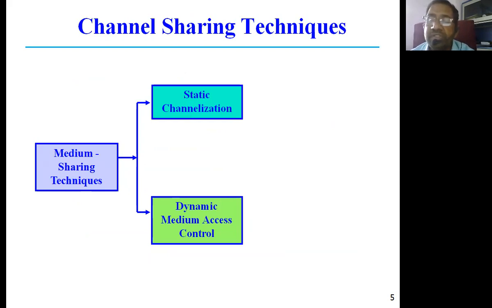In the case of static channelization, customization is not provided. That means tailoring is not provided. Since customization is not provided, you should not write tailoring in the exam. For understanding purposes I am using the term tailoring, but in the exam you write the term customization. So customization of the techniques is not possible in static channelization. It is something like when we lay a road, we have to live with it. There is no customization in that. If the traffic increases, if traffic is less, whatsoever it is, you have to live with it.